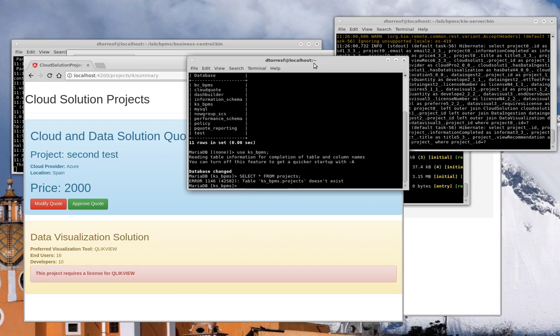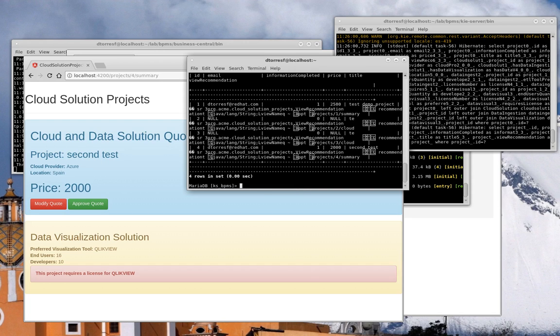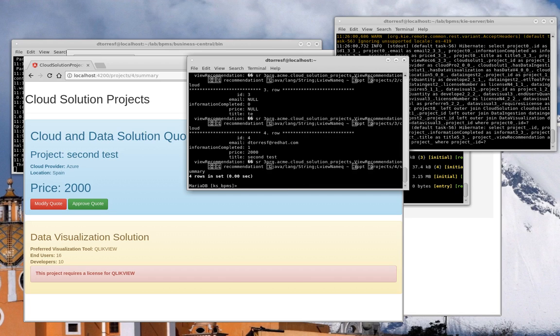And I can see here in the projects, I think it's project, yeah. I can see here in the project database that I have access to all the different projects that have been